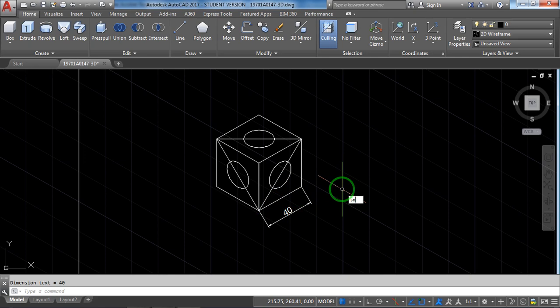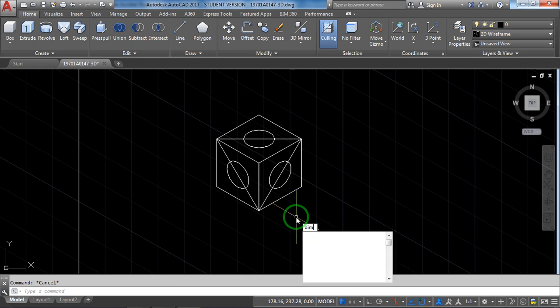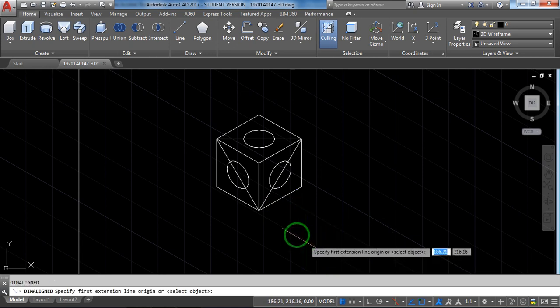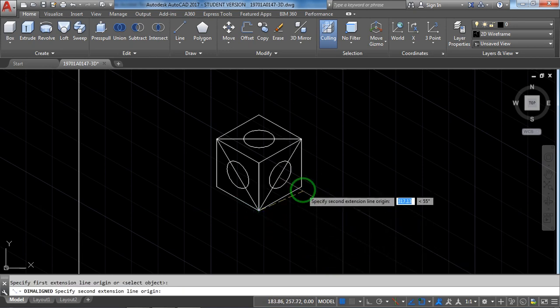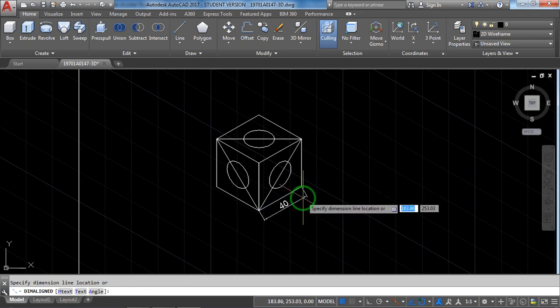I have snap off, right. Snap, enter, style, enter, isometric. Dimension aligned, first point, second point.